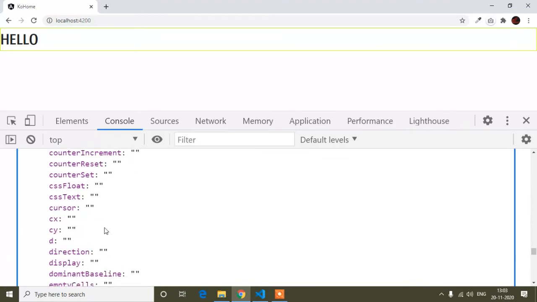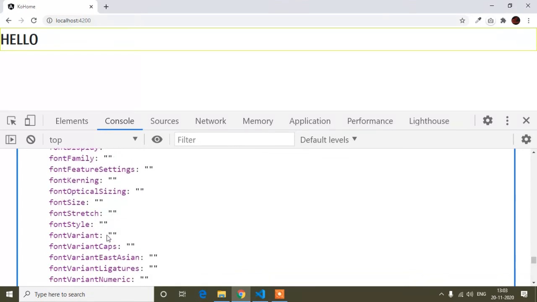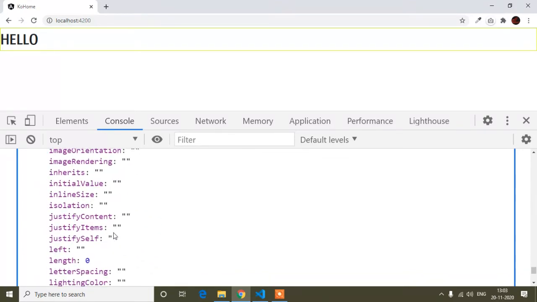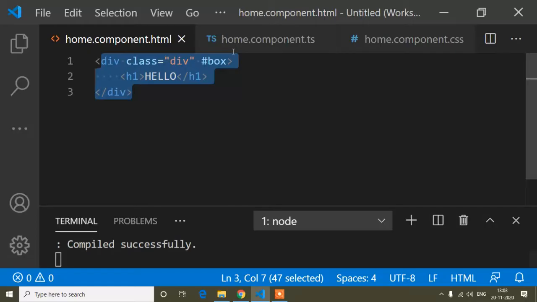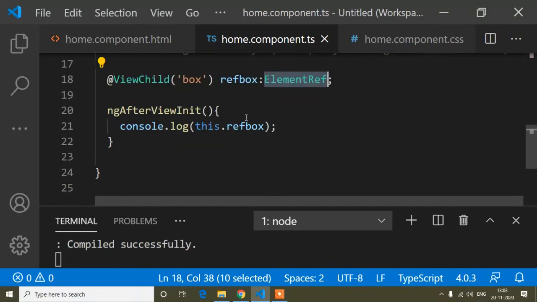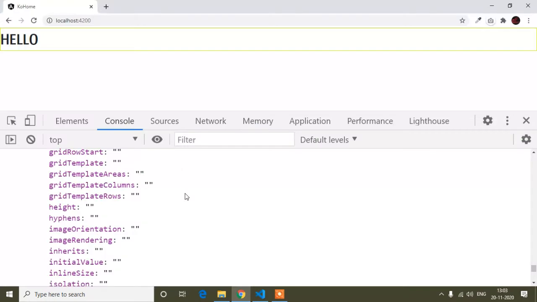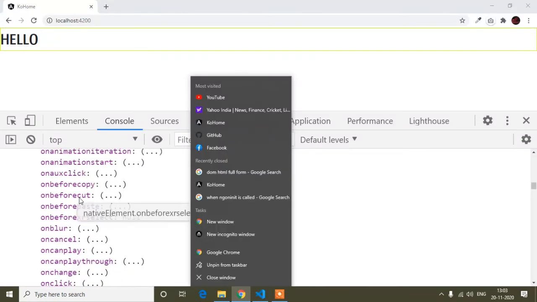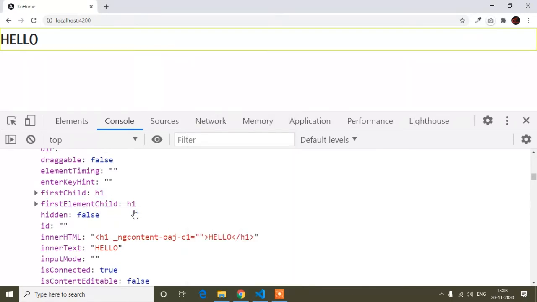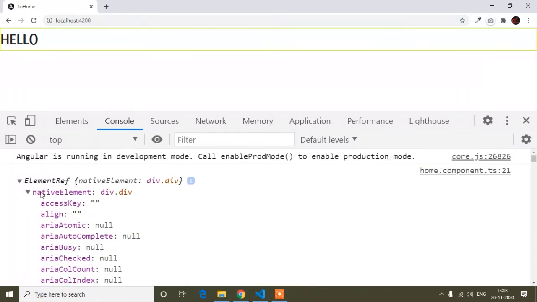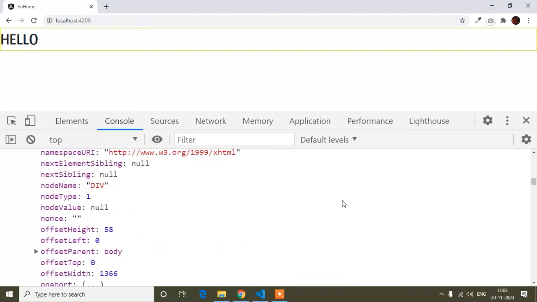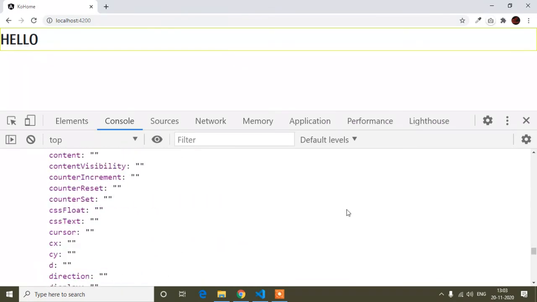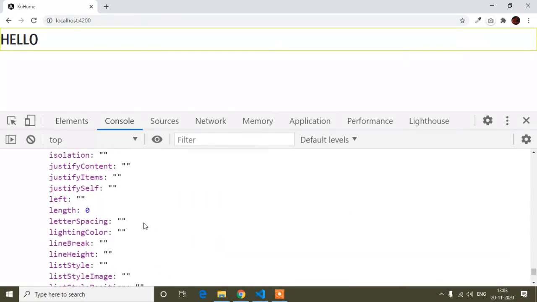So here you can see every style property, it's coming here. So the same way, if I use this native element, and after this native element here is the style attribute.